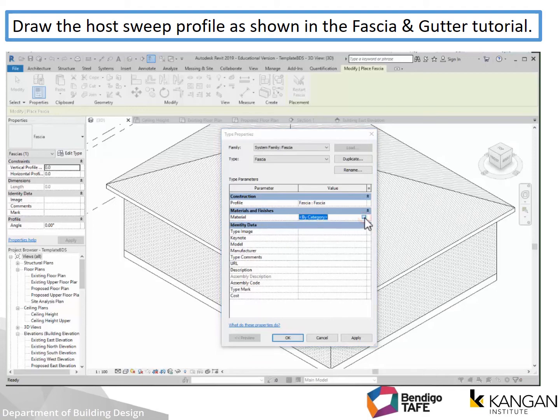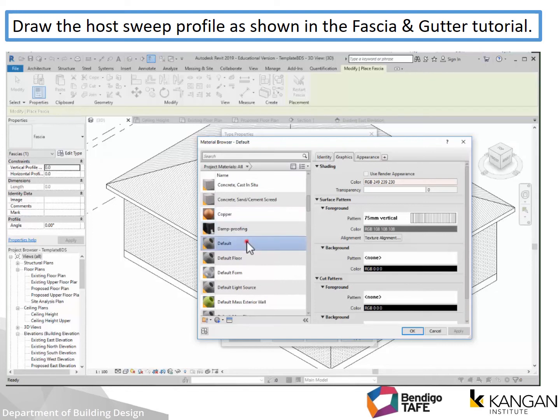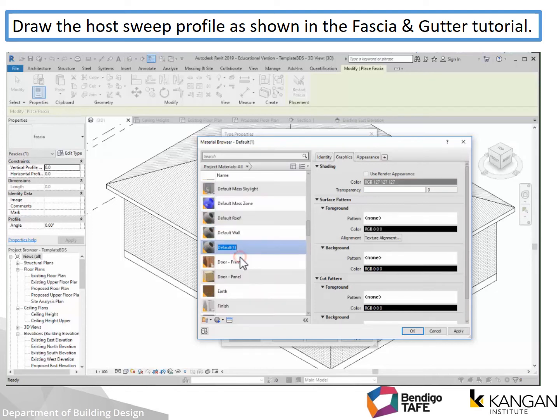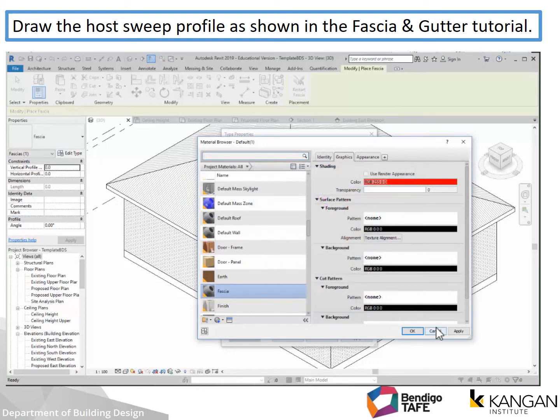For the material, we shall start with the default material type and duplicate and call it fascia. For this, I'm going to set a colour in the graphics of red. It obviously can be changed at any time once you're in a project, but defining where that fascia is and where the gutter is and the roof is, we can use colour coding. So we'll make it red, pick apply and OK,